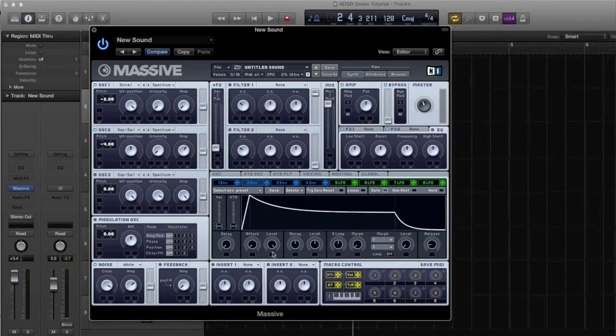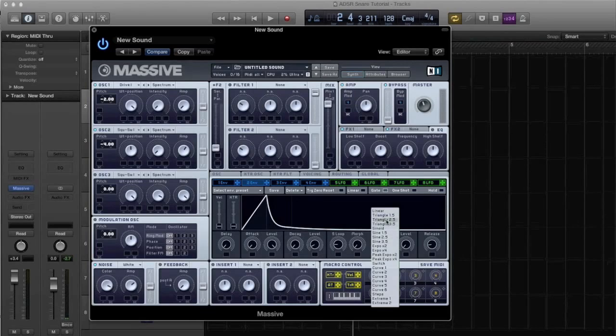This one's gonna look a little crazy. Turn the attack all the way down, keep the level up, turn the decay all the way down, turn the level almost all the way down, just barely up. Turn the S loop around 20%, the morph down, and now click morph point number 3, which